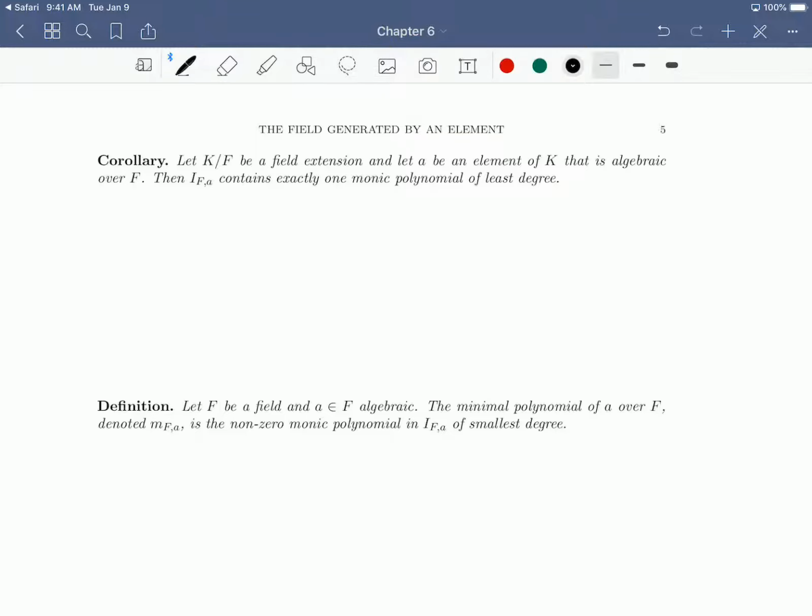And so this corollary at the top is going to tell us, don't just choose any of least degree, choose a monic one of least degree. There's only one of those choices, and then somehow it will help us describe all the rest of them. So let's remember that word monic. That meant the coefficient of the highest degree term